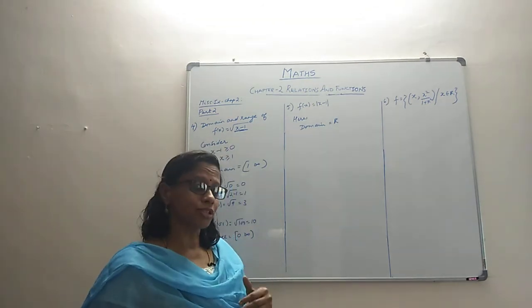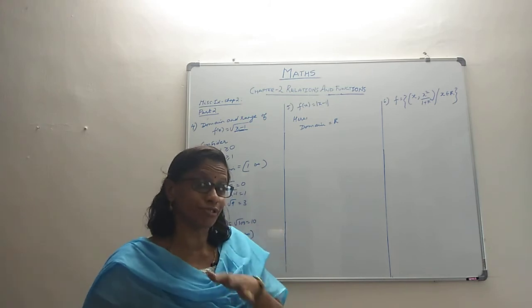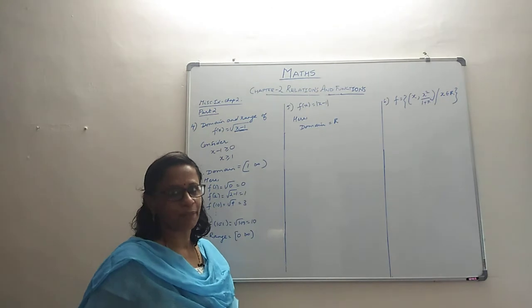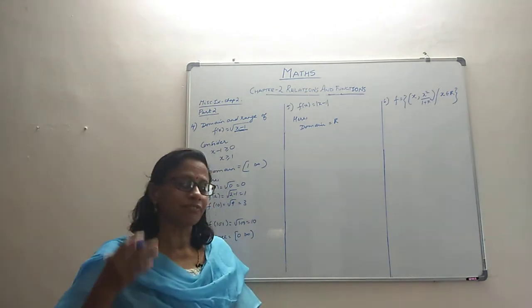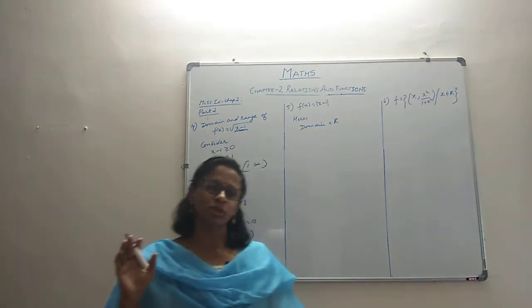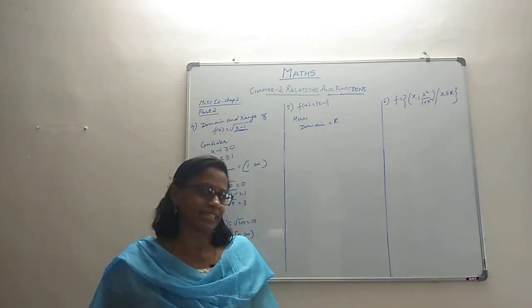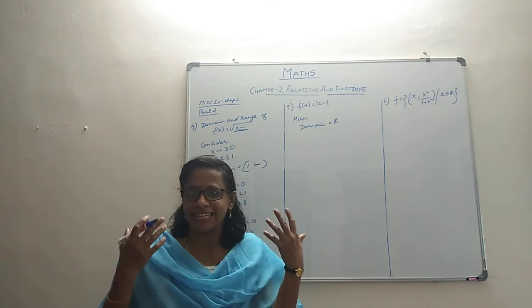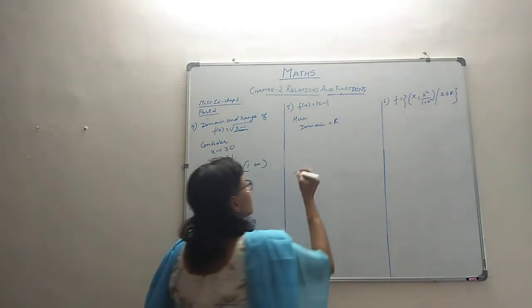Now, once you know the domain, I have always told you, if you know the domain, then range becomes easy to find. So let's find out the range from there. First we do observation, and if observation is not working, only then we try other techniques. For observation, we'll just substitute some values and we'll get an idea. Then we will check what it is.